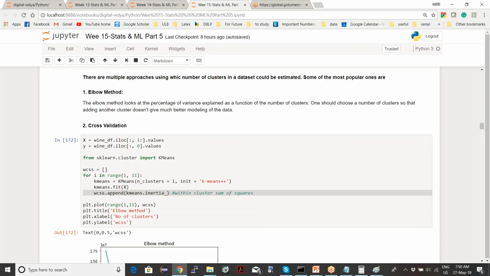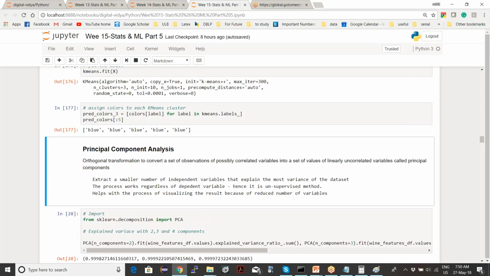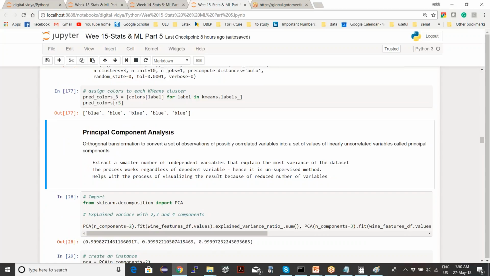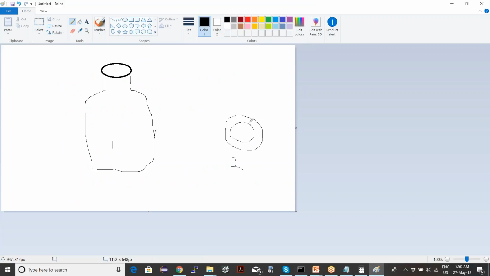What PCA does for you, using lots of complex mathematics, which I don't want to get into, is exactly the same. It finds out the axis and the projection which gives you the best picture of that reduced dimension. So it explains maximum variance in some way.